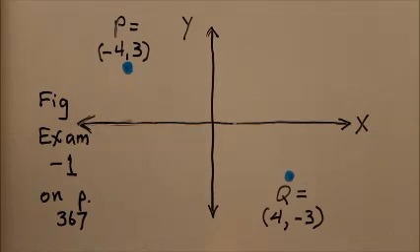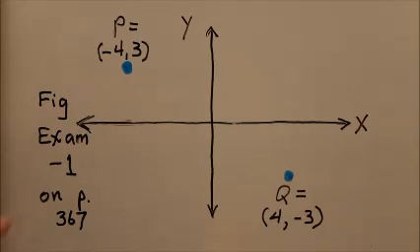Let's take a look at final exam question number 11, which is found on page 368 of Trigonometry Demystified, 2nd edition. The drawing relevant to this diagram is on page 367, that is figure exam-1, which shows, actually the diagram shows